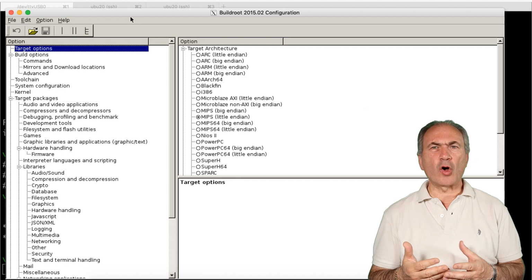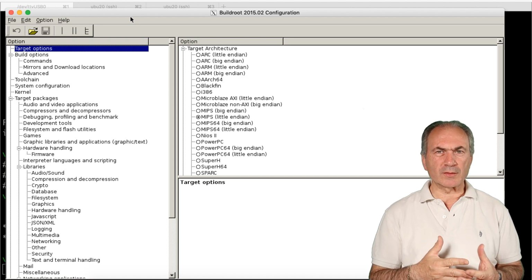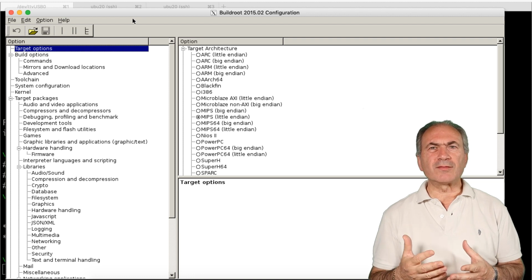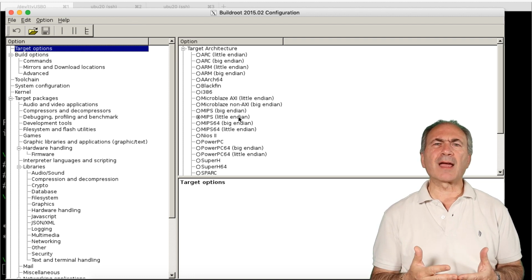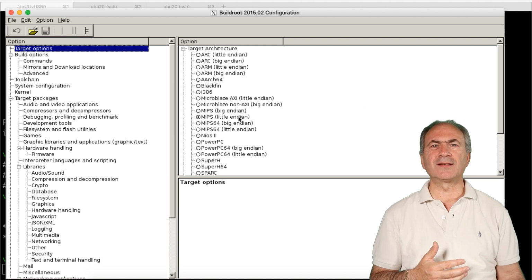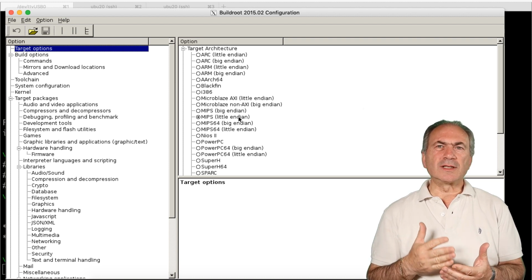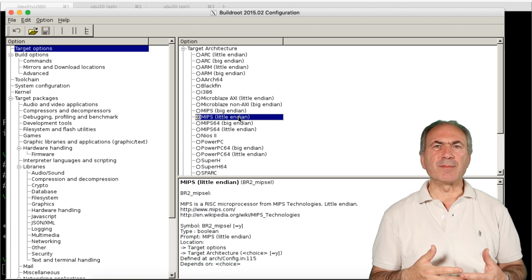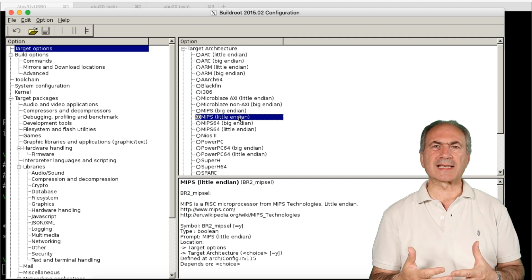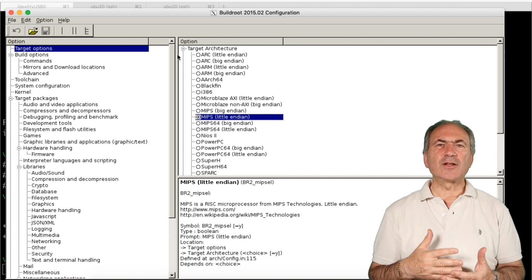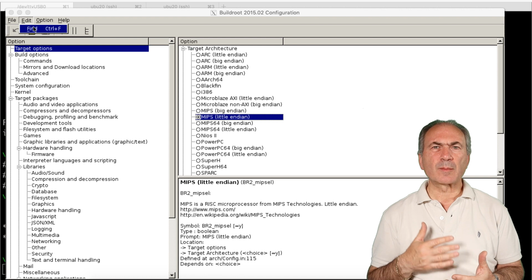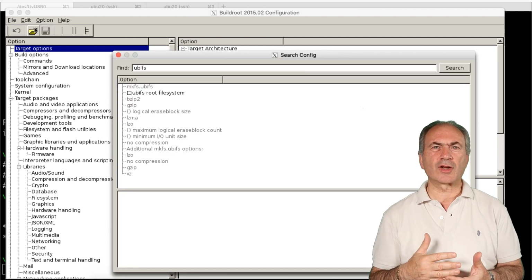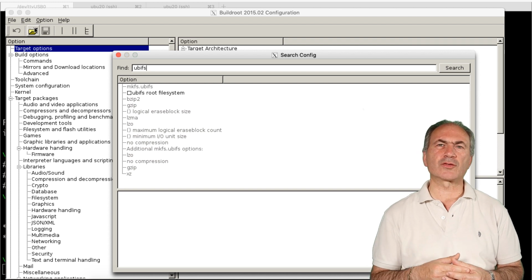We can see that on the left pane we have the options grouped by functionalities. On the top right pane we have the detailed options, sometimes grouped by more detailed functionality. And on the bottom right pane we have the help information describing the meaning of the option we have selected. One very useful command is the Edit, Find command that allows to search an option everywhere in the configuration file.